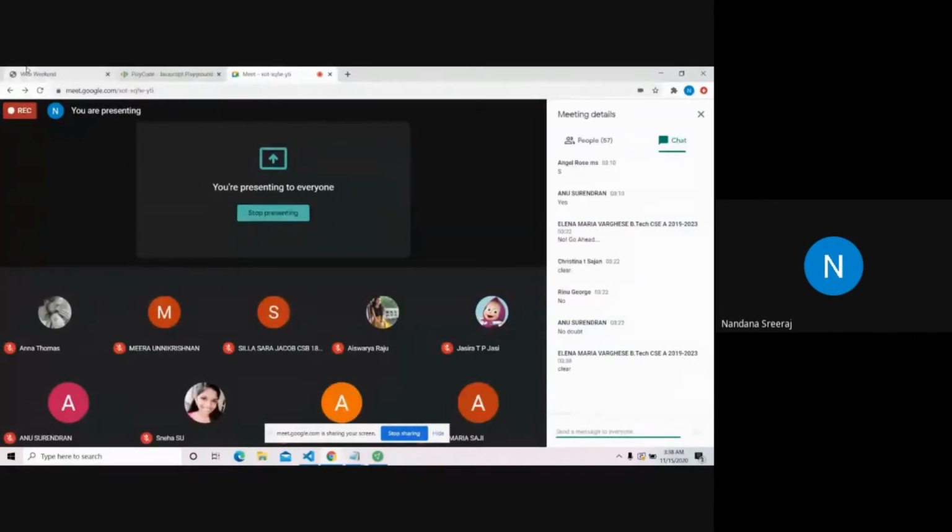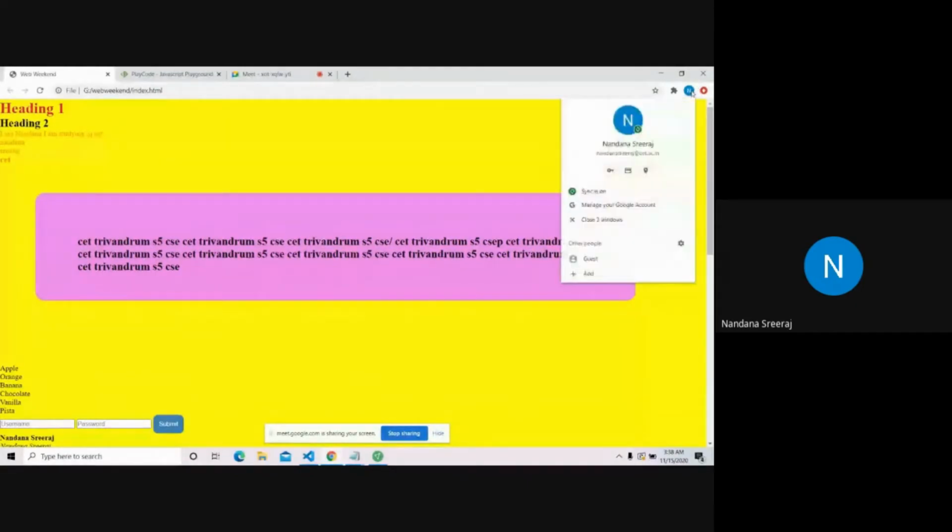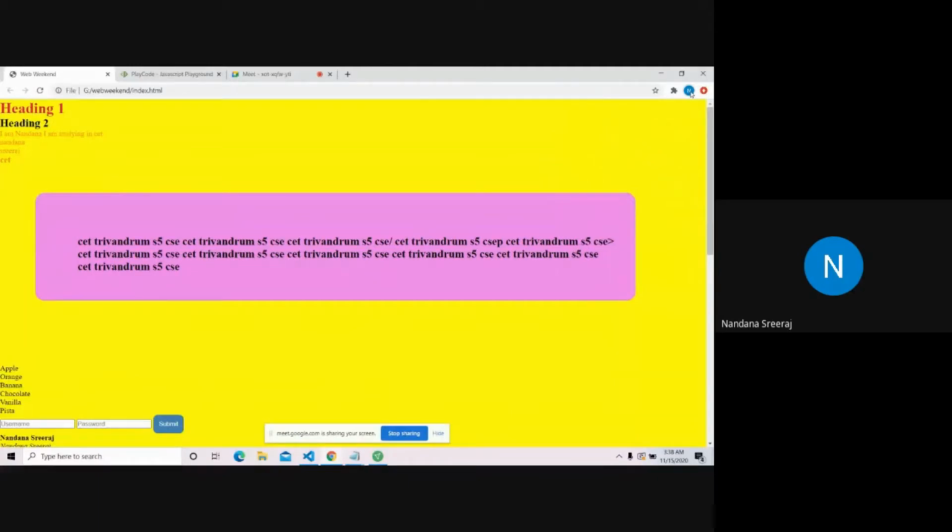Okay. Yeah. So I'll show you one more thing. Most of the things here, on clicking something, something disappears, and on clicking it again, it comes back. For instance, when I click this N, this comes. When I click this N again, this goes. We can also do that for the same thing. So on clicking the submit, this heading tag should go. On clicking the submit again, the heading tag should come back.